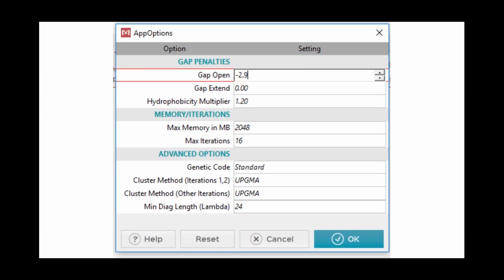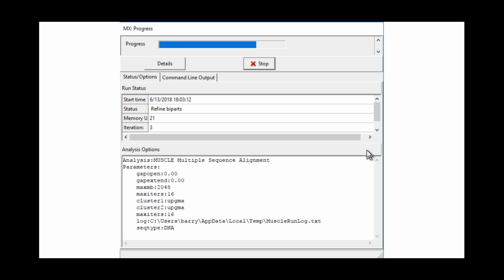So when you choose that, it opens up the analysis options. These are the default settings, and you can just go right ahead and click OK. And that's what the progress window looks like. Depending upon how big it is, MUSCLE can take a little while to do this. You just watch it till the progress bar reaches the end, or your coffee cup is empty, or whatever. And eventually,